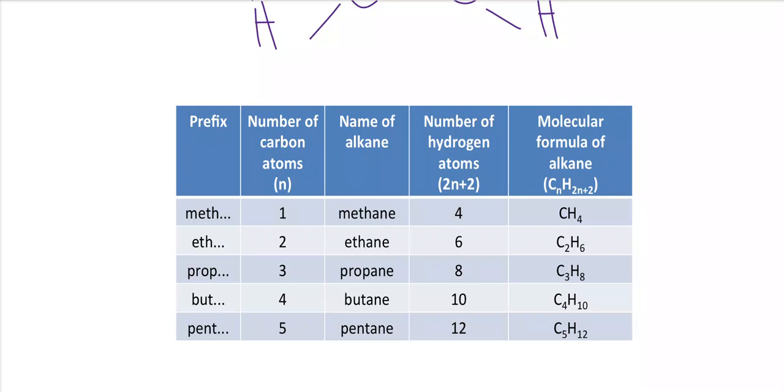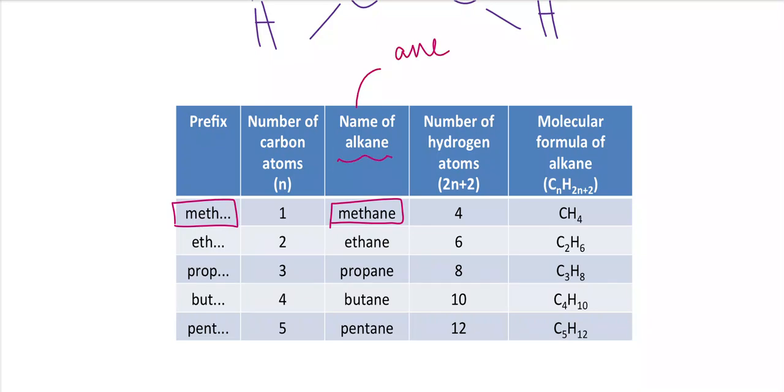So this one is the table with the names and the molecular formulas of the alkanes. As you can see here, we have a prefix. The prefix represents the number of carbon atoms in the first member of the alkane family that has the name methane. So the prefix is meth, and you have to add the name of the family, that is alkane,